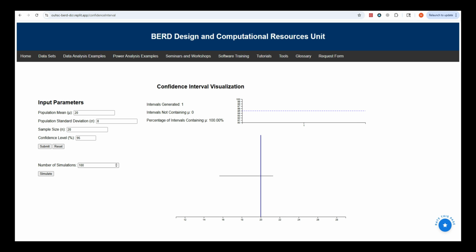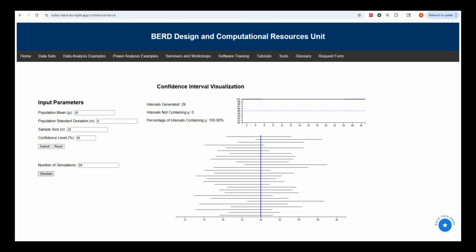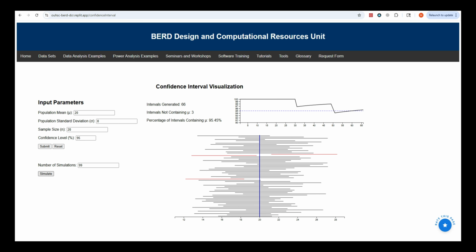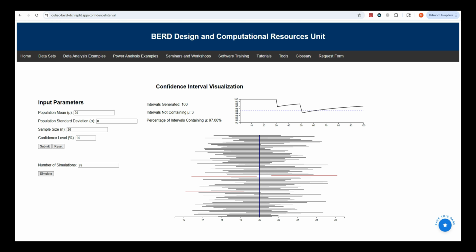I can simulate by specifying the number of simulations that I'd like. So with the interval I already have, I'll ask for 99 more, and it will quickly generate those samples and construct their confidence intervals. And it marks with red the intervals that don't contain the true population mean of 20. In this simulation of 100 samples, there were 3 confidence intervals that did not capture the true